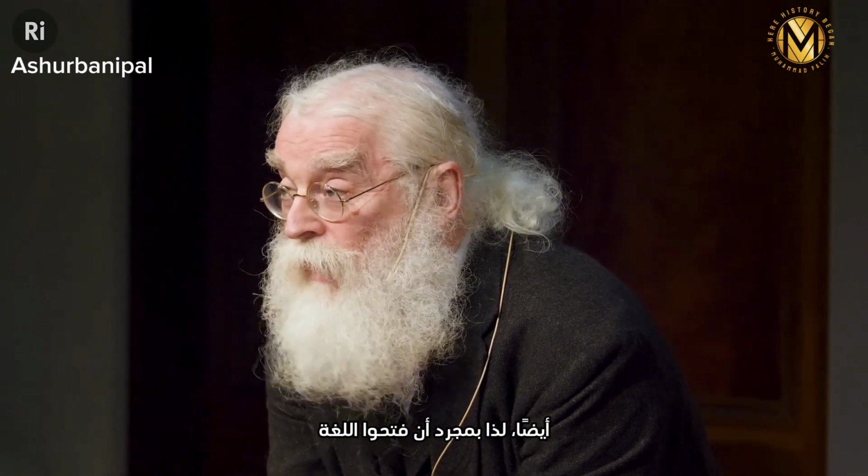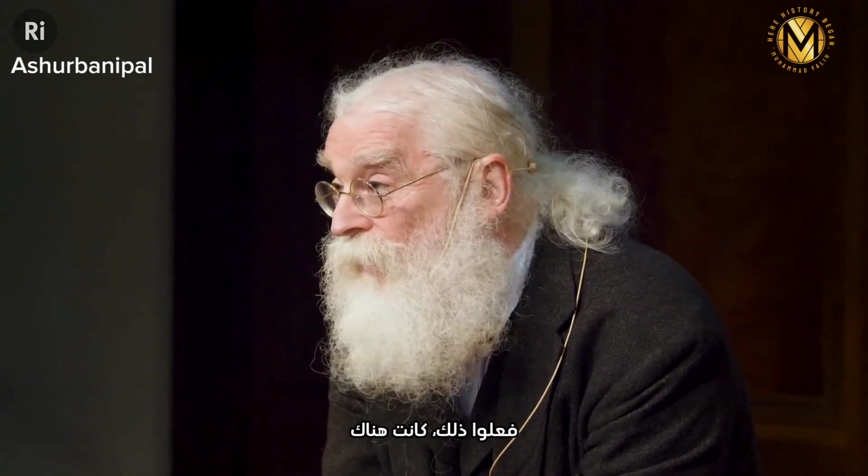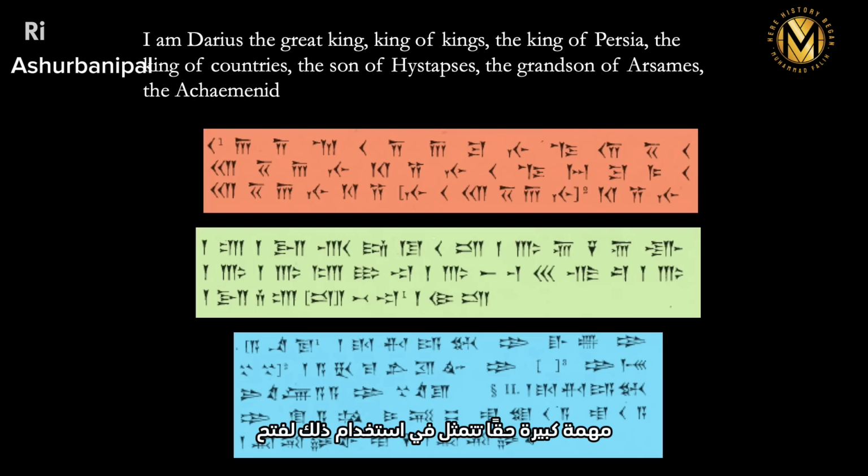So once they'd opened up the whole of the Old Persian, it was a very clever thing to do, but once they'd done that, there was the really big job of using that to prise open the text of the Akkadian. And they did it with the starting point of spelling the names, and after that they suddenly found in the yellow text, so to speak, some words that were Semitic, like the word Naru for river, and everybody jumped 30 feet in the air,